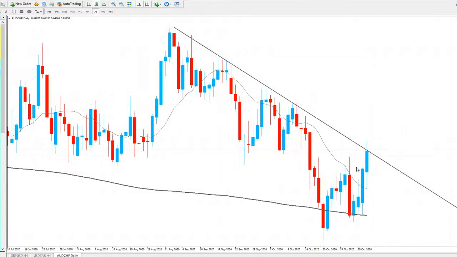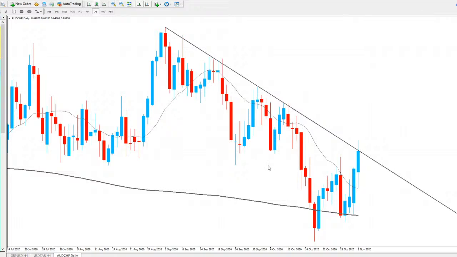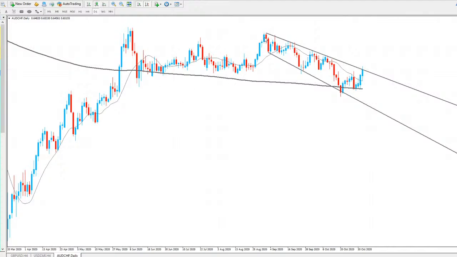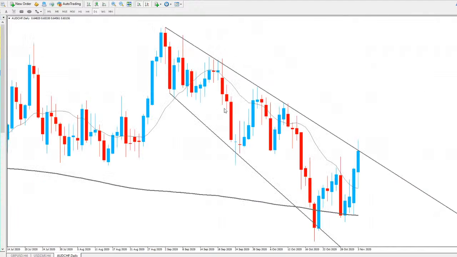Currently, we're having our sixth test of this trend line. So again, it's definitely a trend line that you need to be aware of from a daily point of view and in the lower charts as well. And again, we do have a bit of a channel going through the market here. As you can see, we had a push to the upside, and from then we've just been slowly making our way to the downside. So naturally, I do expect price to break through this channel to the upside.